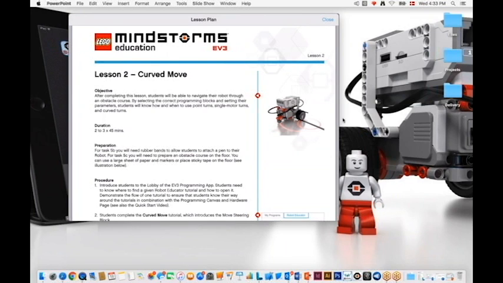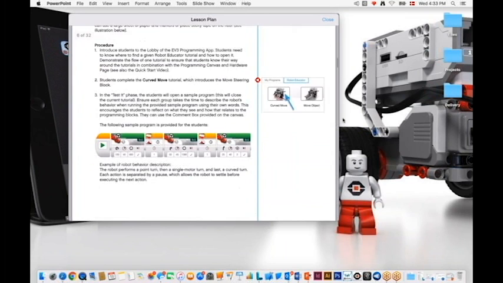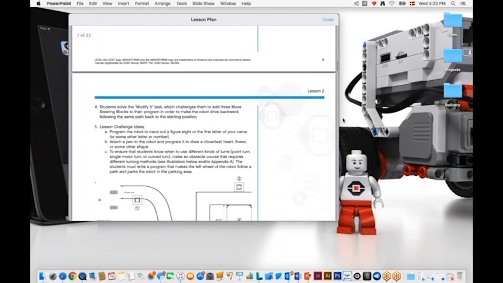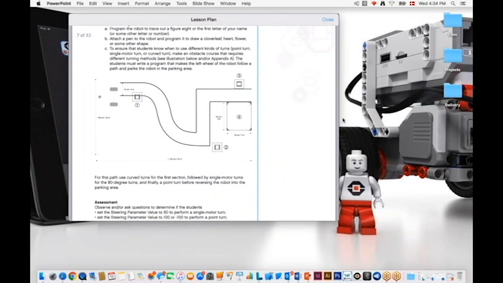So if you decide to print these off as PDFs through AirPrint, then you can make notes and annotate them and change them to suit your needs within the classroom. Now we're starting to get into some more lesser basic programming, where we're getting something to move in a curve. So steering blocks, and I'll show you these mats later within the appendices of the